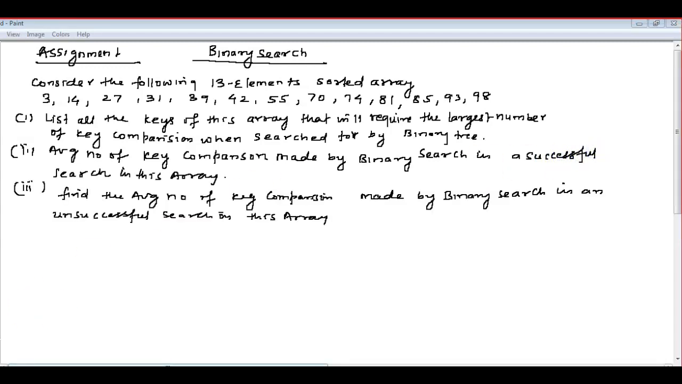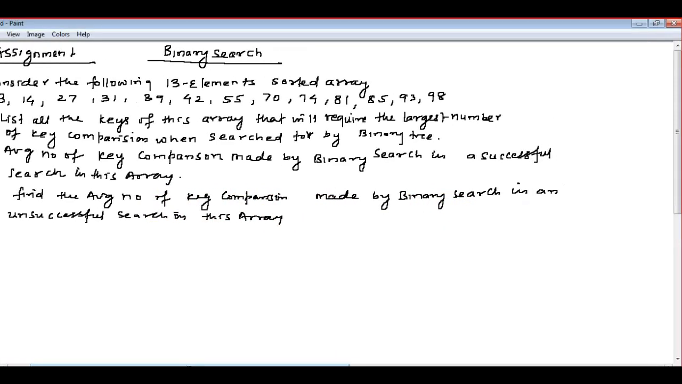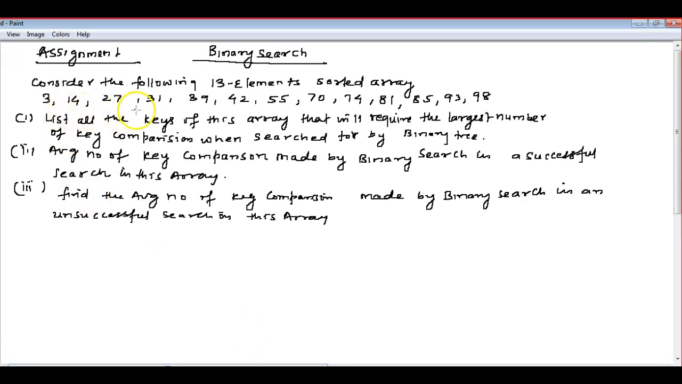So the question gives 13 elements and these three sub-questions. First, list all the keys in this array that will require the largest number of key comparisons when searching the binary tree. Then the average number of key comparisons if the search is successful, that is, the key element is found, and the average number of key comparisons when the binary search is unsuccessful. Okay, so first, whatever the elements given, 3, 14, 27, 31 and so on,